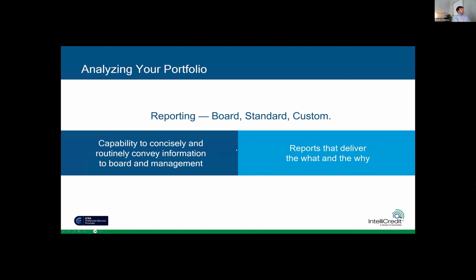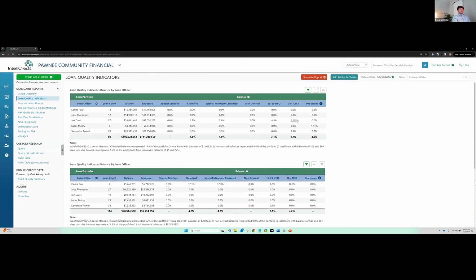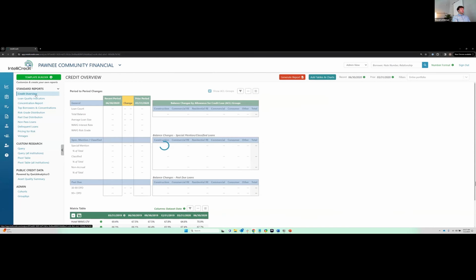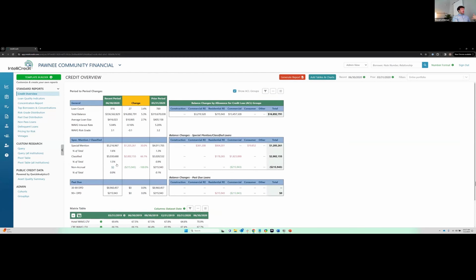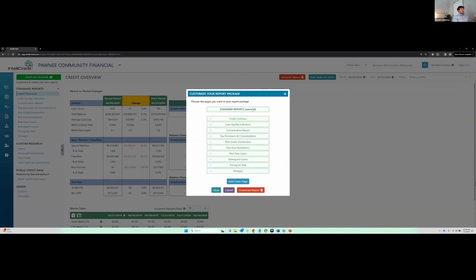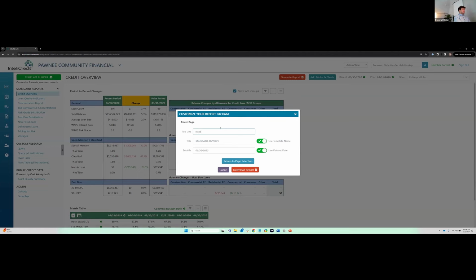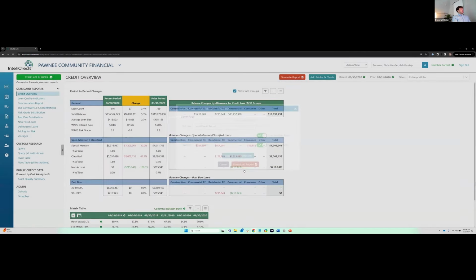And let's see, the final section here is very important, of course. So thus far, we've highlighted the web-based interactive nature of all this data and being able to drill in and customize your reports and so forth. But at the end of the day, in the banking industry, it's important to take things offline. And so we have this big generate report button in the header where we can very easily create a pretty PDF. So if I just create a cover page really quickly and download this report,